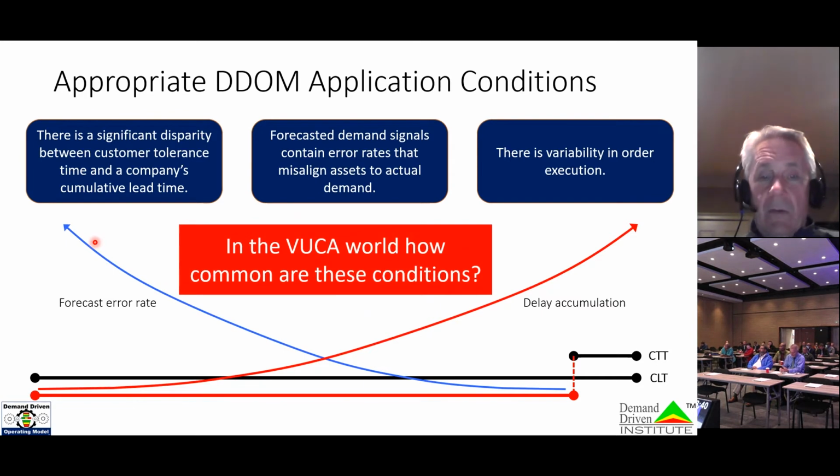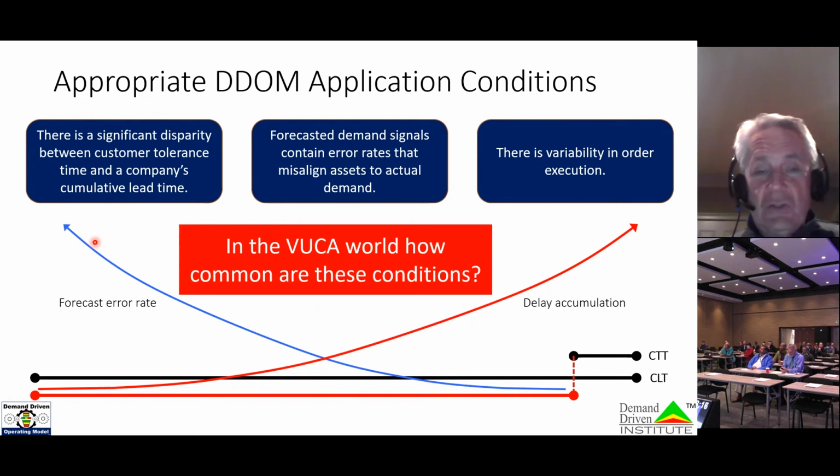And so, these are the chronic conditions that we're seeing being exacerbated by the VUCA world that we live in. VUCA is a term you're probably all familiar with: volatile, uncertain, complex, and ambiguous. It really defines the world we've been living in from a supply chain standpoint and in life over the past few years with the COVID pandemic.